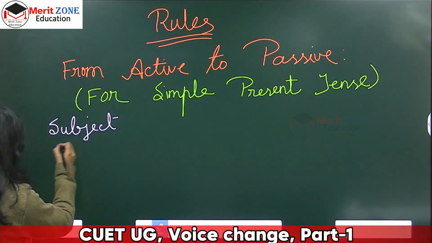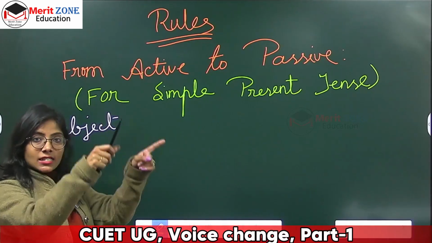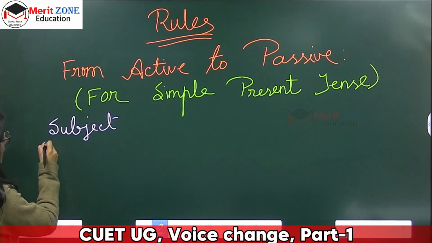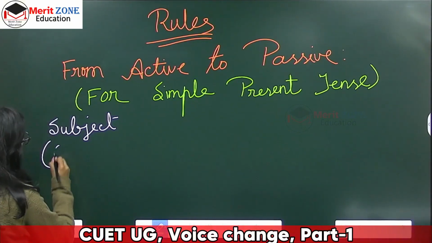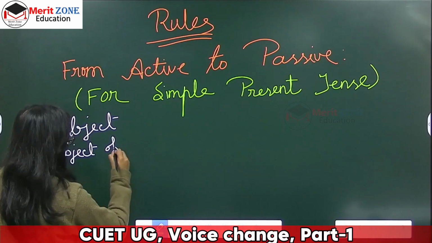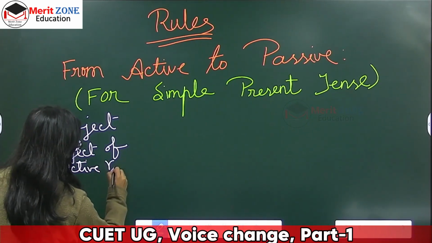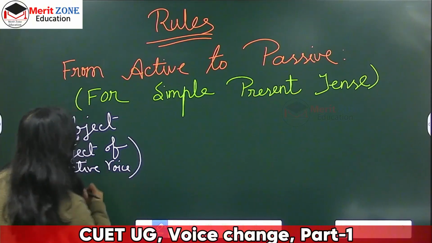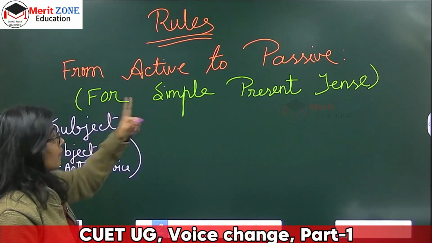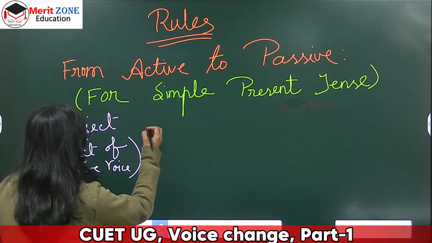Okay, so I'll just write that in bracket so you can understand. Your subject means the object that was in the active voice will come in front and become the subject. So I'll just write in bracket. Right? So the object of the sentence in active voice will become the subject in this case, plus